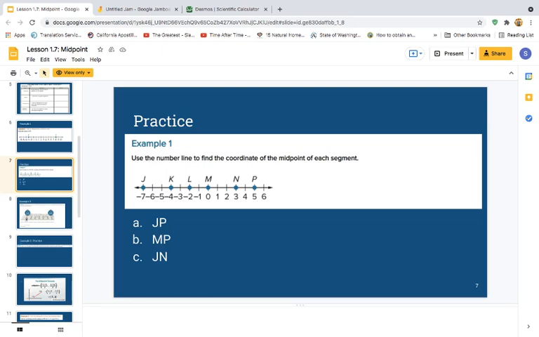And then lastly, we have JN. J is at -7 and N is at +3. So the distance between -7 and +3 will be 10. Half of 10 is going to be 5. And so you can go 5 in either direction. So from -7, 1, 2, 3, 4, 5, we'll end up at -2. Or from +3, we'll go down 5, 1, 2, 3, 4, 5, and we'll end up at